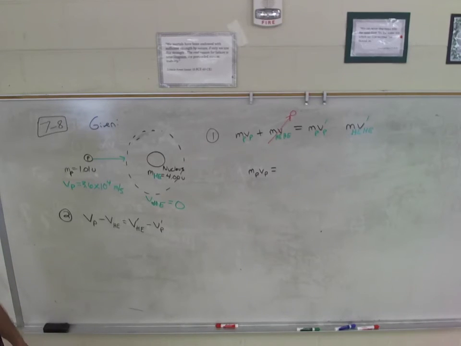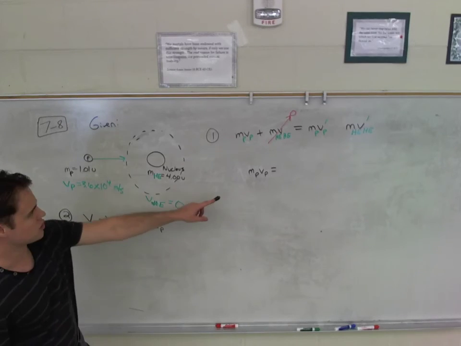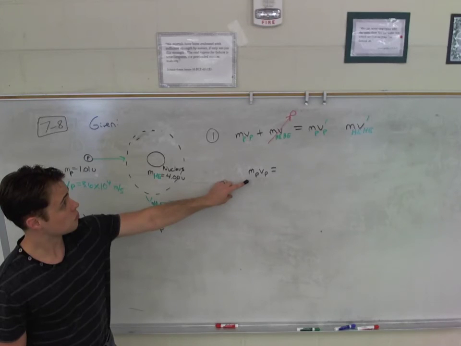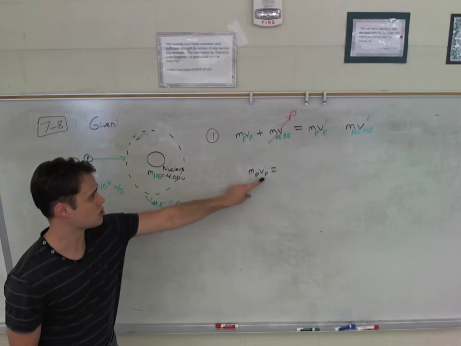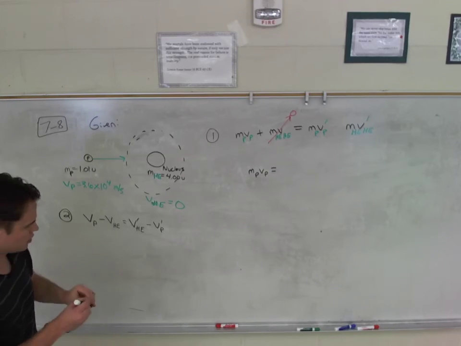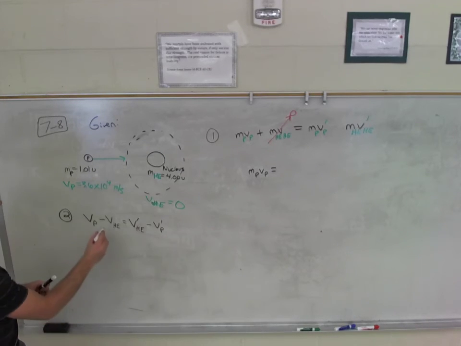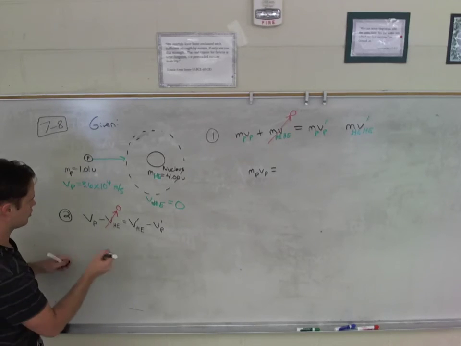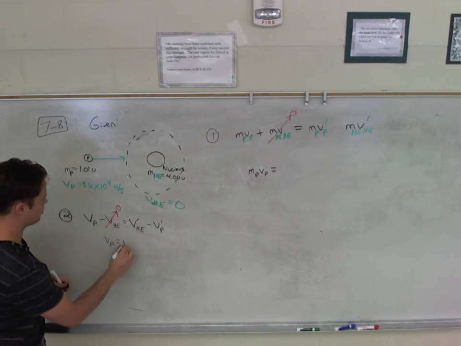I don't think it's too bad. I mean, I don't want to make it messy, but let's see. Can't we just substitute maybe? I think we could just substitute. Can't we just solve for VP and then put it in right here? Which one of these is 0 again? So we know that's gone. Let's make that a little easier. So we've got VP equals